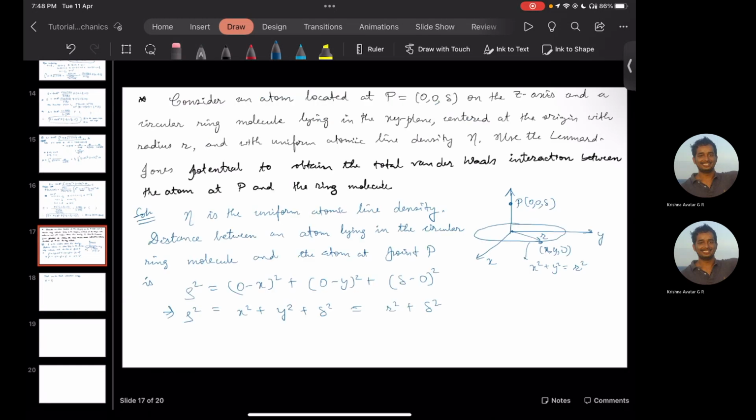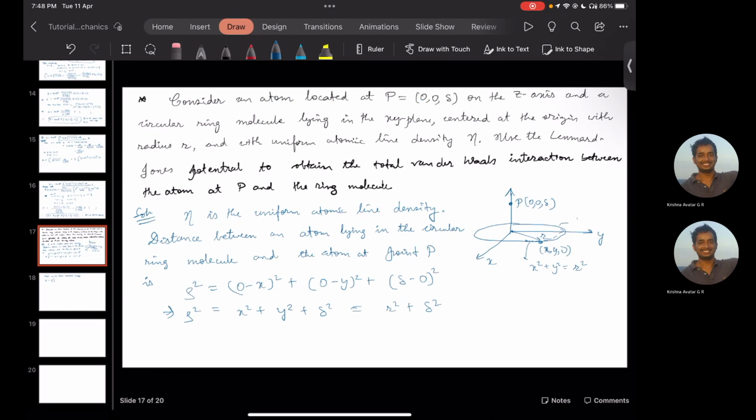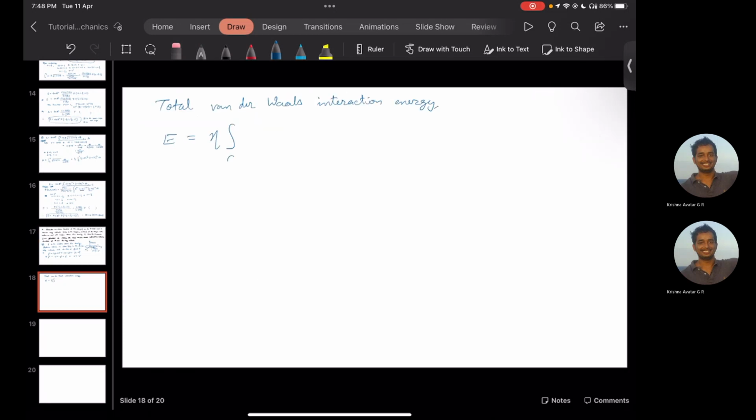What we need to do is integrate over every small infinitesimal element on this circle. Let me just denote this circle to be C. So integrate over C, and we have phi of rho and eta ds, and ds is an infinitesimal